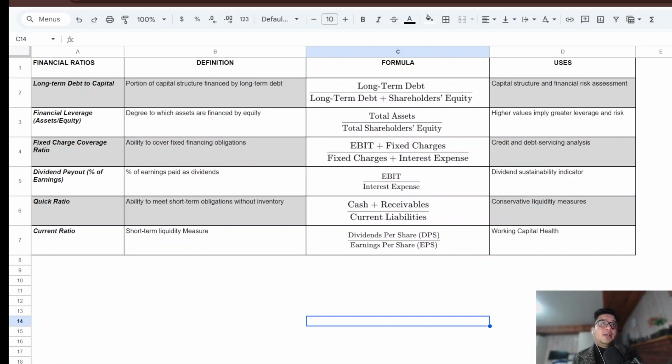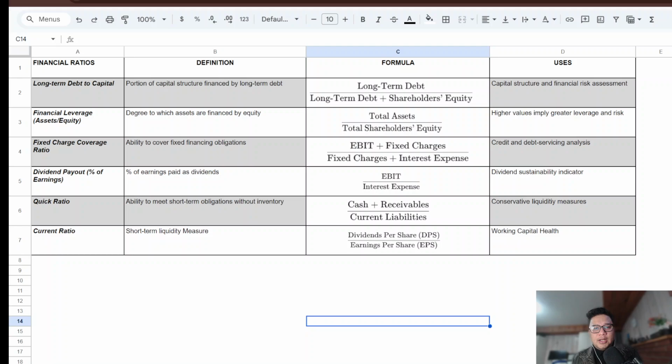The quick and current ratios are very much focused on short-term debt obligations and short-term cash reserves. If a company has a higher quick and current ratio, that means it's carrying a lot of liquidity on its balance sheet, and it's able to jump into current investment opportunities or pay down some of its short-term liabilities very quickly. If you have higher cash reserves and a lot of receivables, which are short term, meaning less than 12 months, you will be able to make an investment